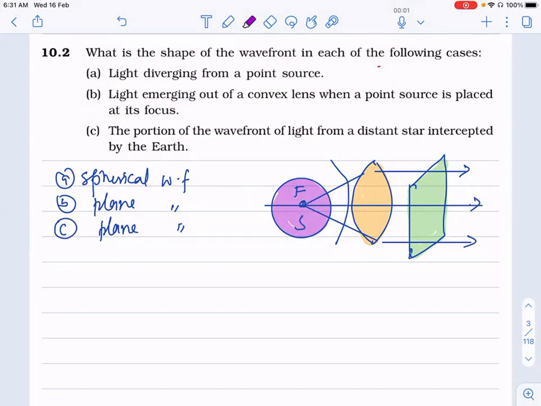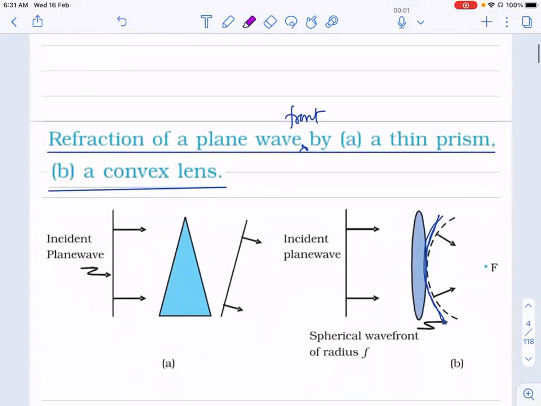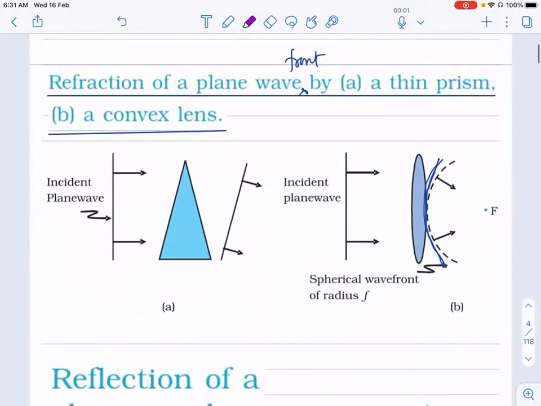Are you there? Yes, sir. Okay, moving on to the next question. क्लियर? यहाँ तक समझ में आ गया? और